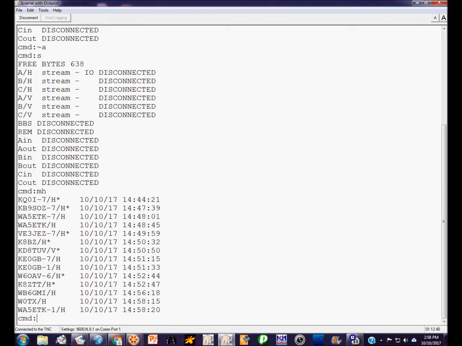That's my friend Mark in Iowa. His SSID is -7, and he was heard on the HF port. You'll see there's an asterisk after the H. That means he was not heard directly, he was heard through a digipeater. So we heard several stations here on HF, and one station down here on VHF, one of the local bulletin